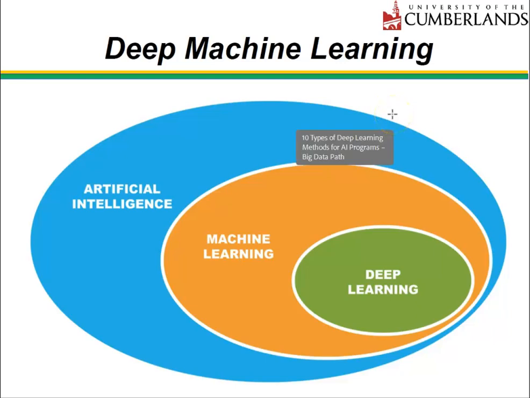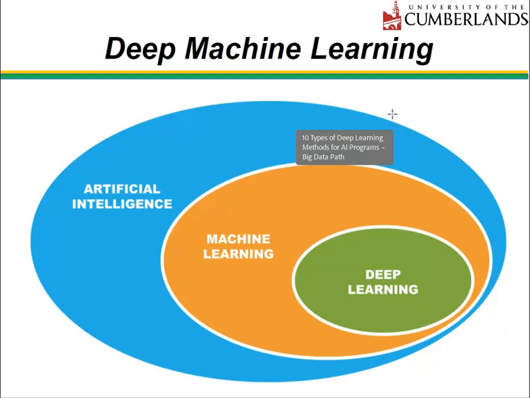So let's recap now what we said. We said that this diagram shows the complete relationship between AI, machine learning, and deep learning. So at the center in green is deep learning. This is the most specialized and most recent technology. Deep learning uses multiple layers of neural networks to automatically learn representations from data. Surrounding that in orange is the machine learning